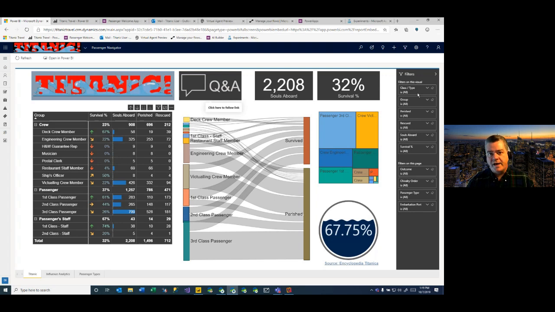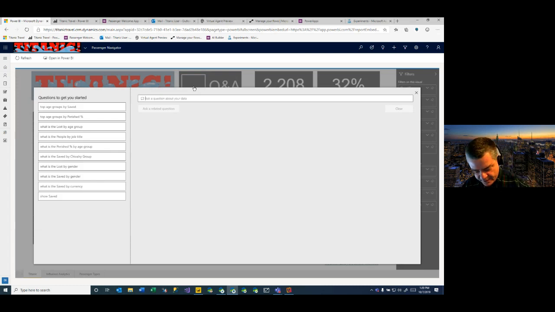Or if you're on the business side, you've gotten a report from the IT department, and you have additional questions. That's a great experience, except when you have to have another team build you a separate report. Well, the Q&A gives us the ability to ask questions like,